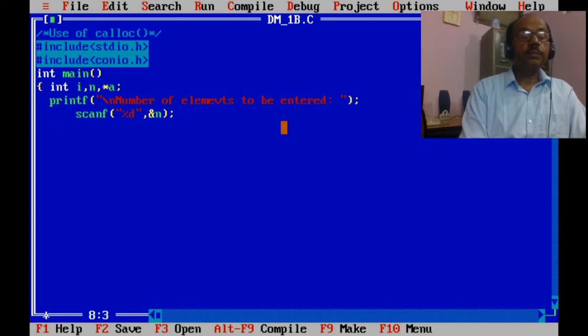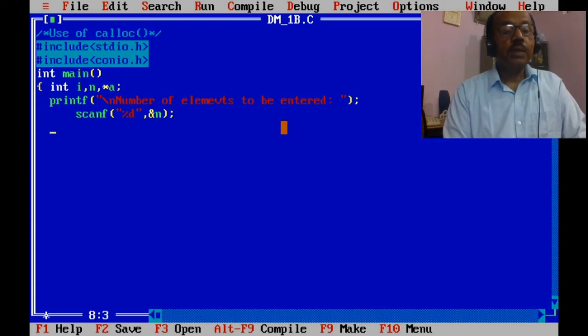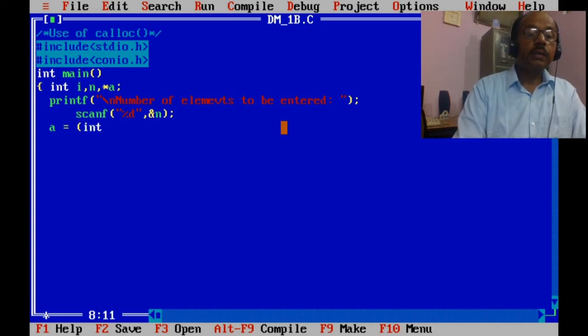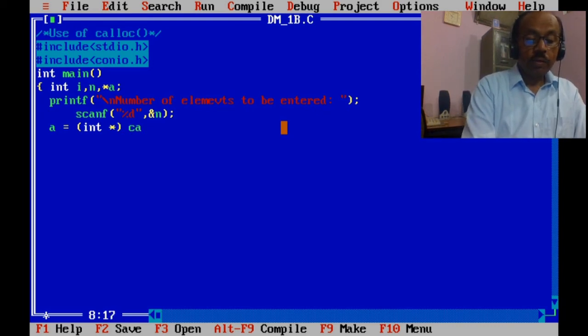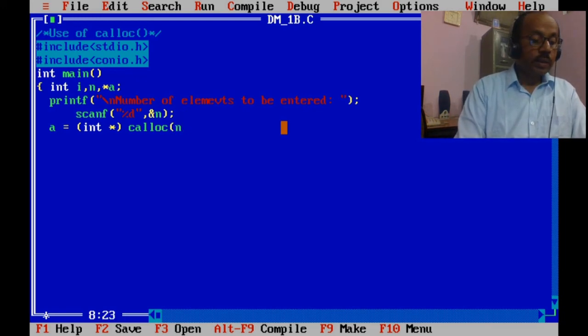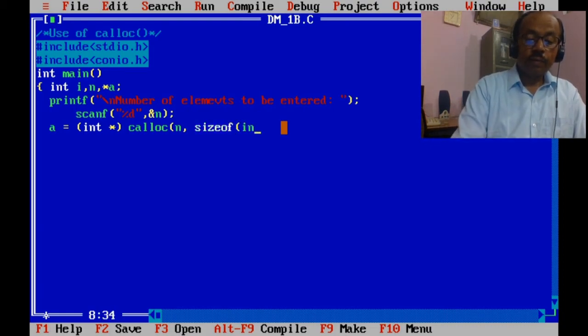Now allocate the memory space and assign it to the pointer variable a, the first element's address. a equal to (int *) calloc, the number of elements, that is n, and each element will contain sizeof int.